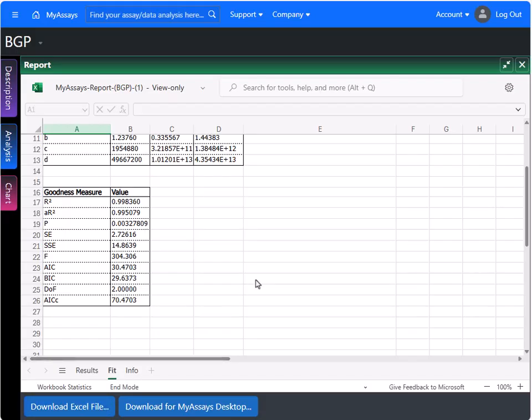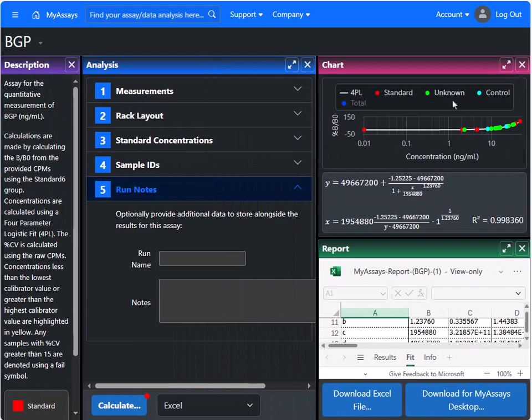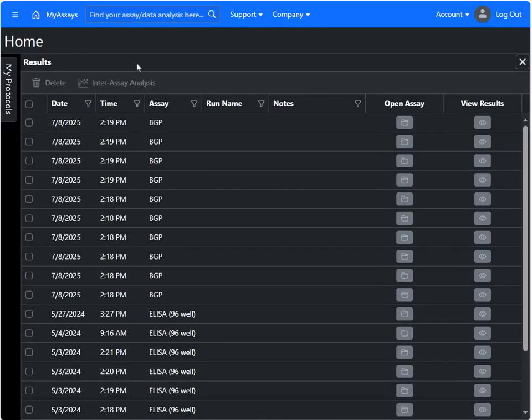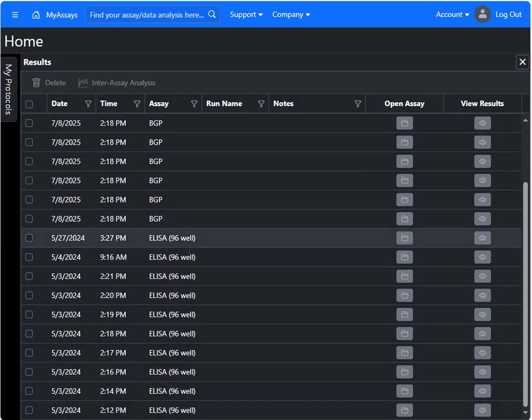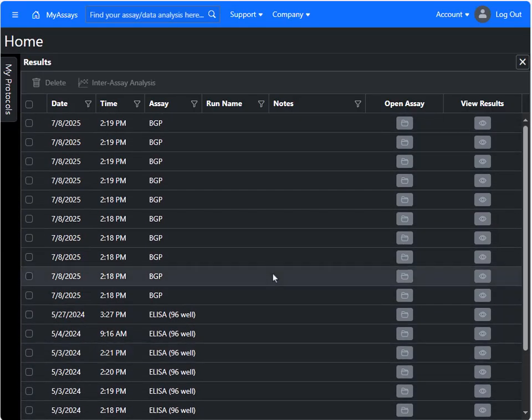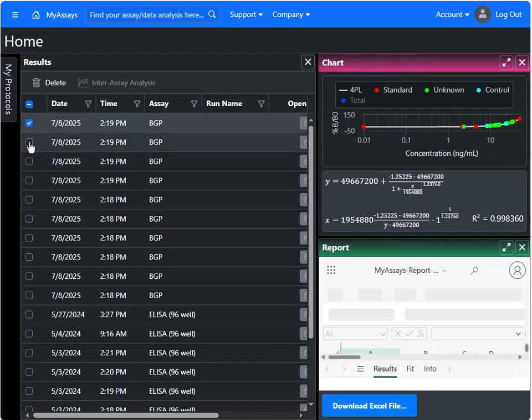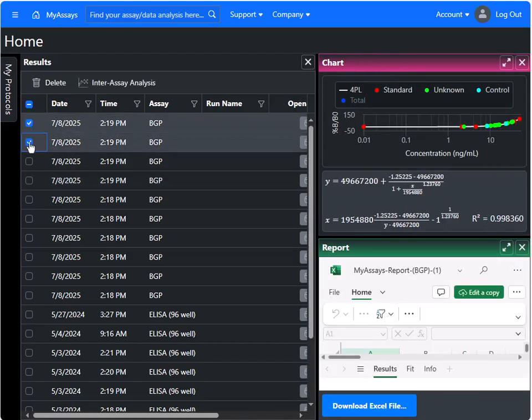Another feature available in myassays2.com is the Quality Control feature, allowing you to monitor observations across runs and create a Levy-Jennings chart. I'll open my home page, and on the Results tab, we can see the results that I've calculated: 10 BGP runs and 10 ELISA runs. I'd like to review the control data across my BGP runs. We can select these 10 runs individually by selecting the check mark to the left-hand side of each run, or